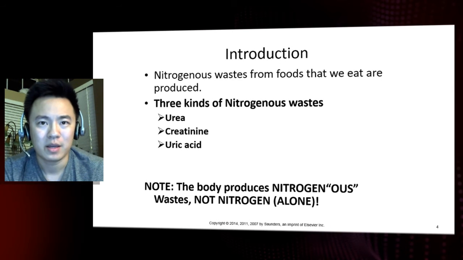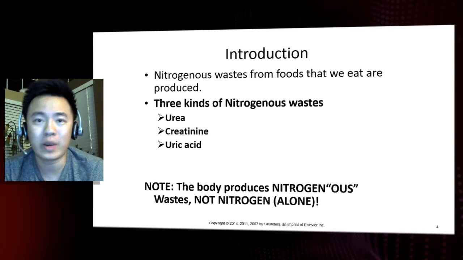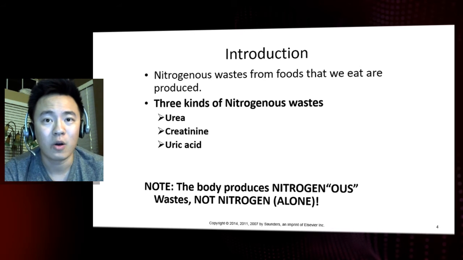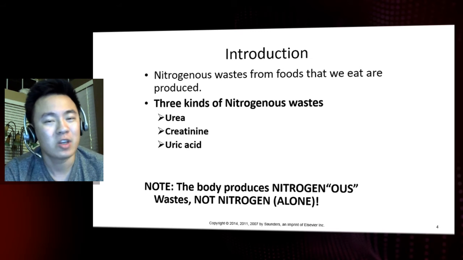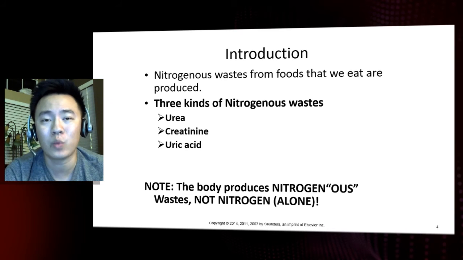Your body needs to attain the energy that it needs in order to function the way it needs to function. For example, if you need to study for an exam or a test, or you want to go on a bike ride, you need to be able to attain the energy from your environment in order to power your cells, to power your tissues, to get it to move. But not all the foods that you eat are going to be used up by your cells. And sometimes some of the foods that you consume are going to be released out as wastes.